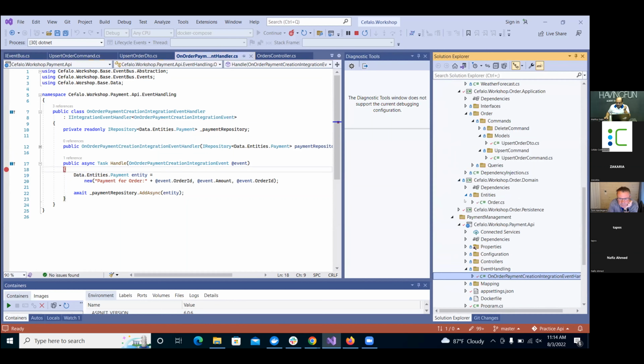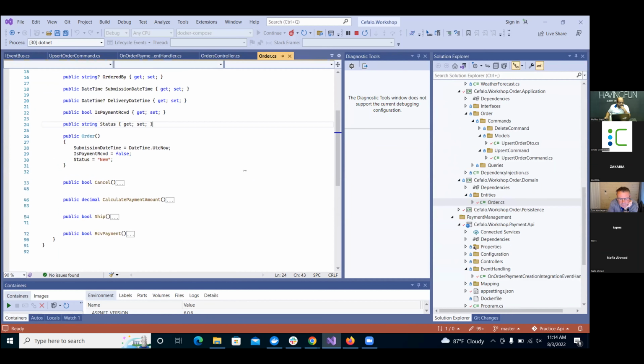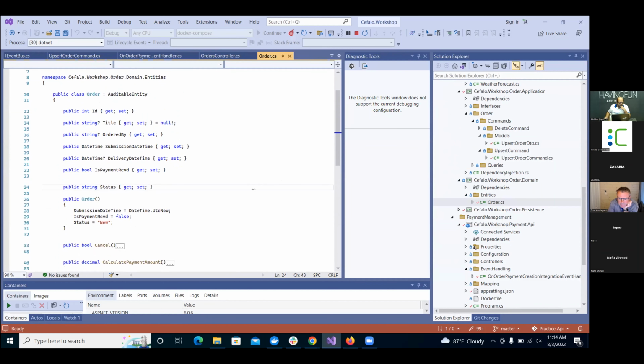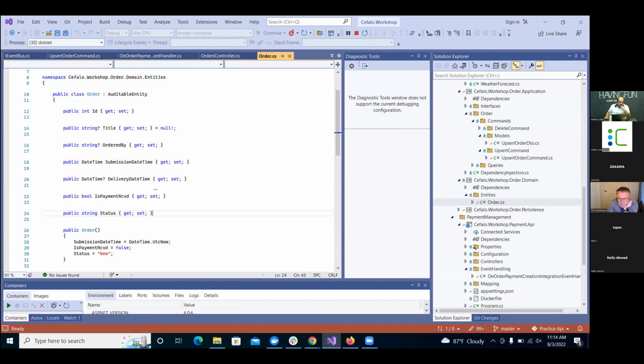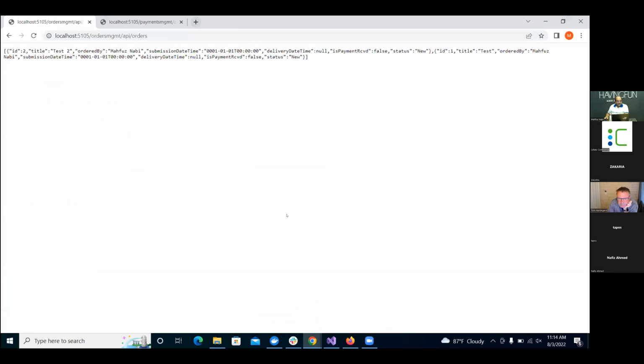This is my domain. The order doesn't keep any record of the payment ID, but the payment entity does. So if you have such a call like this,